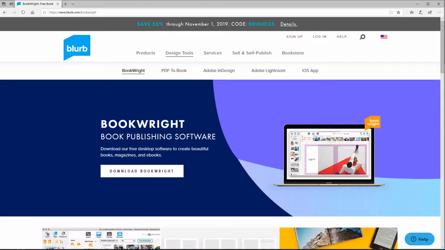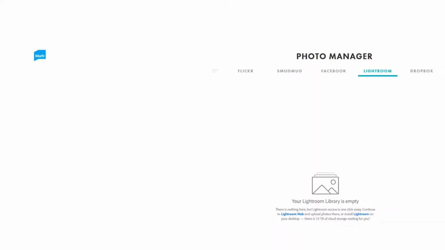And basically what these connections do is they link your Lightroom photos in the cloud with the Blurb software, making it fairly simple to set out a book layout. So I've already downloaded the software, so let's get started. I started to authorize my account in the Blurb software, and I got this strange error message which said I had no Lightroom photos,